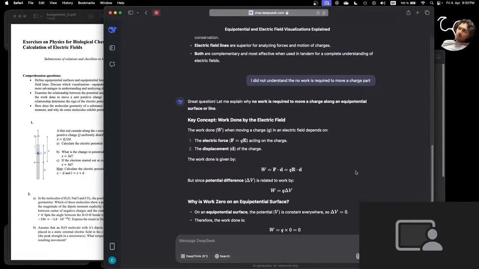So the work done when moving a charge in an electric field depends on what? The electric force acting on the charge, and the displacement d of the charge. The work done is given by force times displacement, which is qE dot d. But since potential difference is related to work,